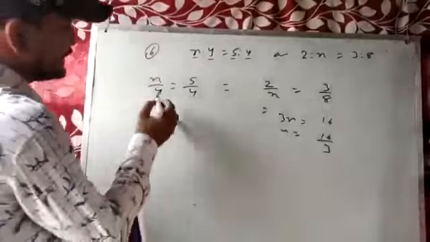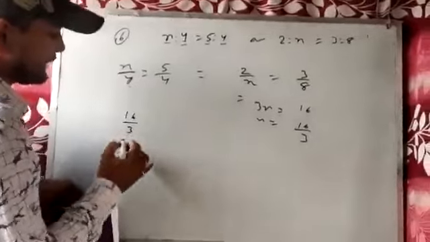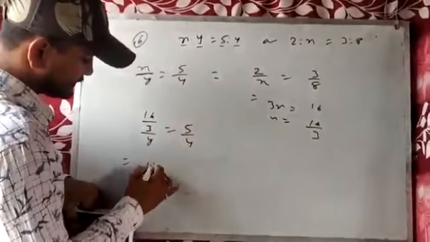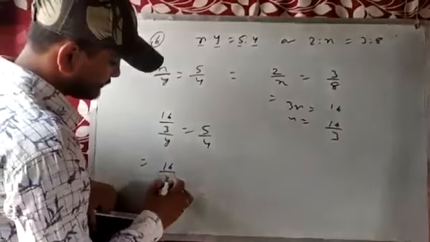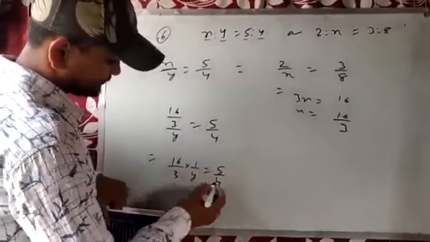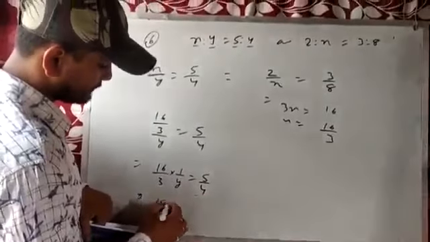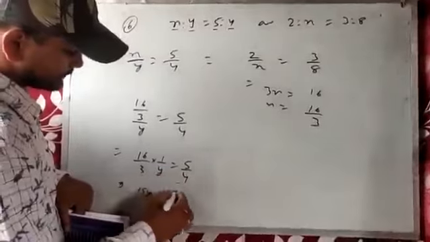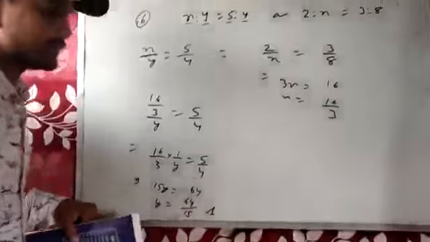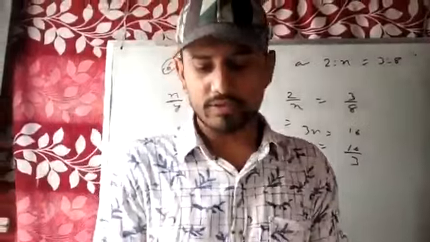So what to find? The value of y. See, in place of x, we can write 16 by 3. 16 by 3 by y is equal to 5 by 4. Now I will change the side of this 16 by 3 into 1 by y is equal to 5 by 4. Now 15y is equal to 64. So the value of y is equal to 64 by 15. Okay. Now, in the next session we will start